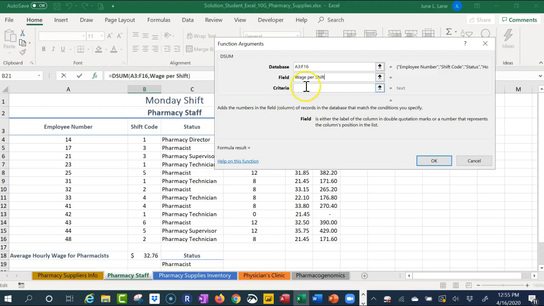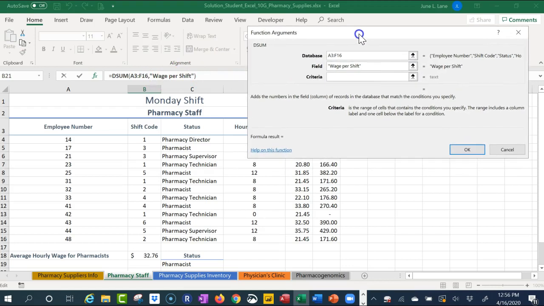All right, and my criteria, again, notice as I move my cursor to the criteria box, it automatically places that double quote. Now, if we were manually typing this in, we would have to manually include that. So that's why sometimes it's better to use the function's argument box, because it will do some of the work for us. So in the criteria box, the criteria is going to be in cell C21